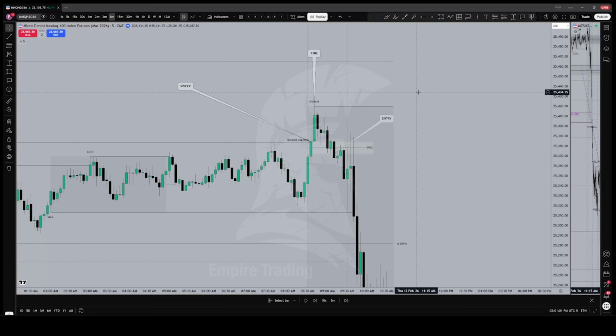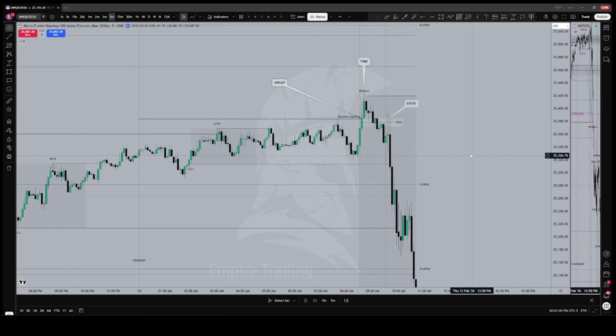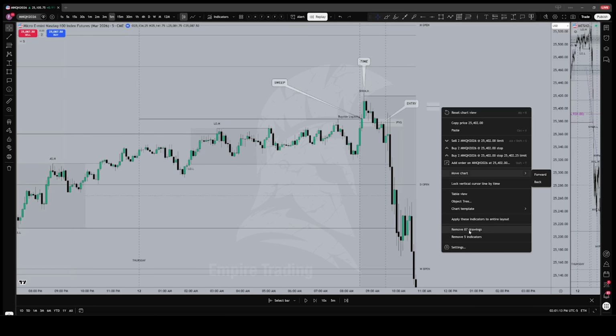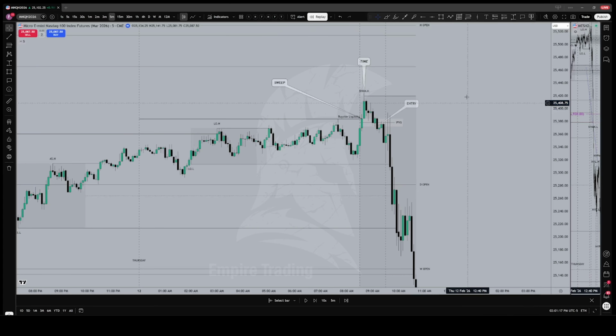Yeah, so you see how you're starting to annotate stuff, right? Again, I'm on the 5 minutes, so you'll be able to be a bit more accurate with this on the 1 minute. And it's extremely likely that the entry is going to be higher on the lower time frame. Not all the time, but extremely likely. What am I doing? All right. And then